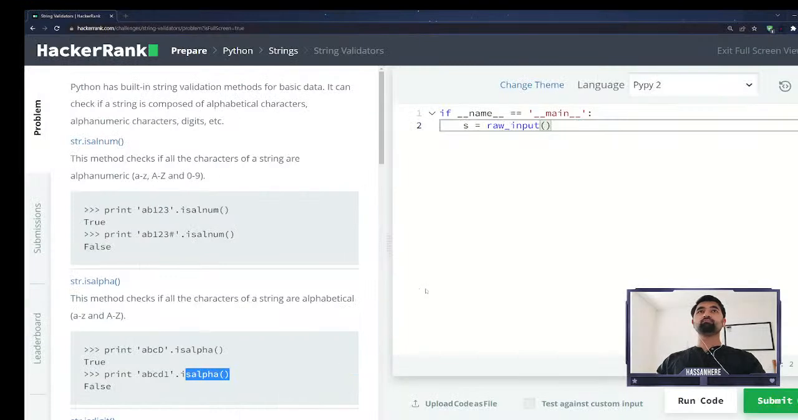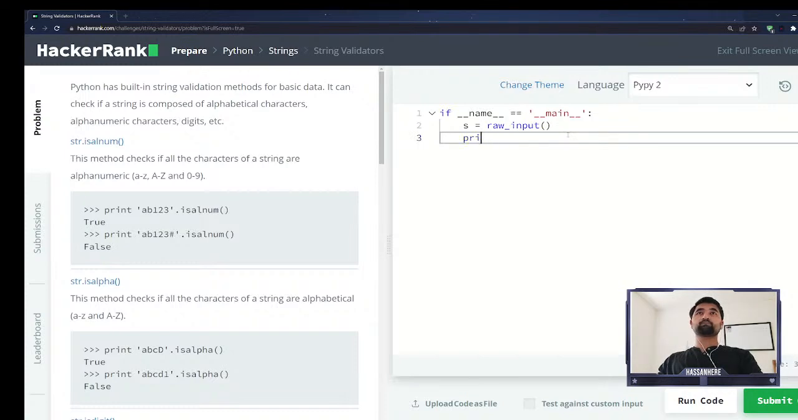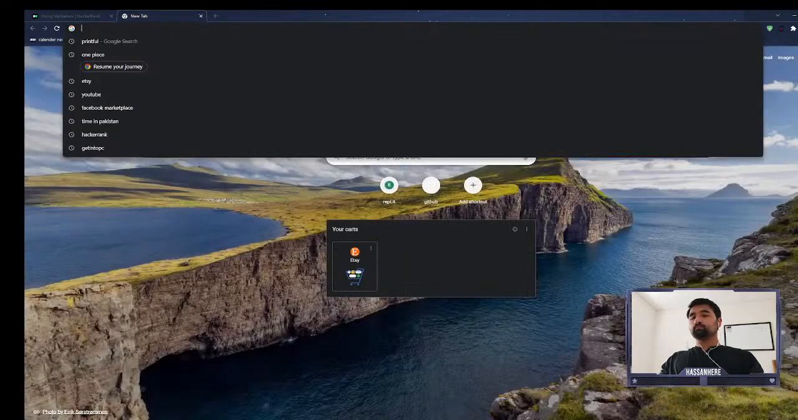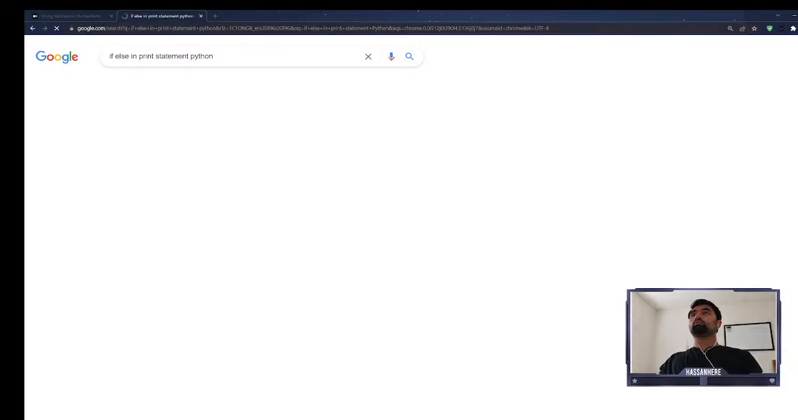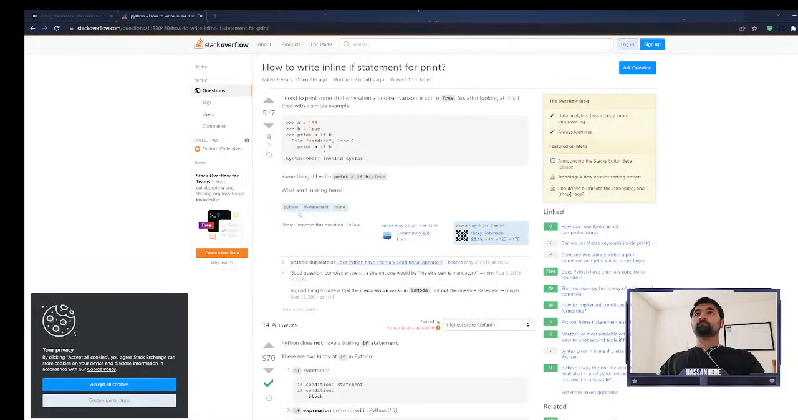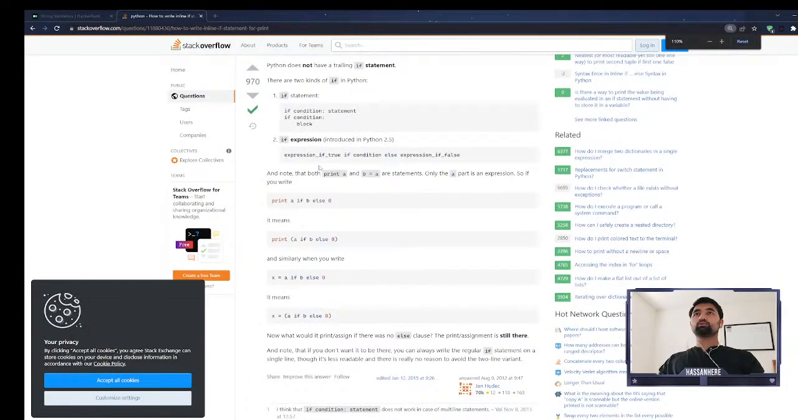Let's go back. Python has built-in string validation methods for basic data. It can check if a string is composed of alphabetical characters, alphanumeric characters, or digits. Right? If the characters of a string are alphanumeric, that means this is going to check this, and this is alphanumeric. Print statement. Okay, so